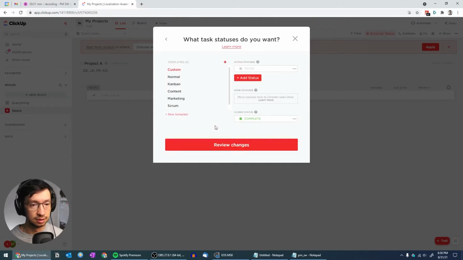So these are the statuses that are applied to the space level. And as you can see here, you can inherit them on their lower levels. Right now, it's very simple. By default, you just have the to do and complete. So what we're going to do is we're going to add a couple more statuses that might be useful for